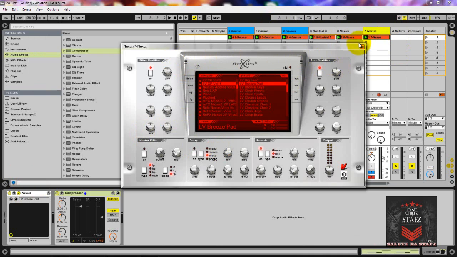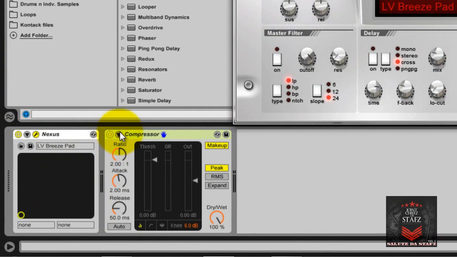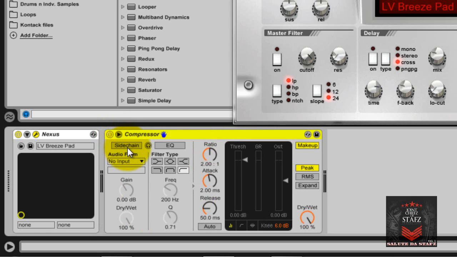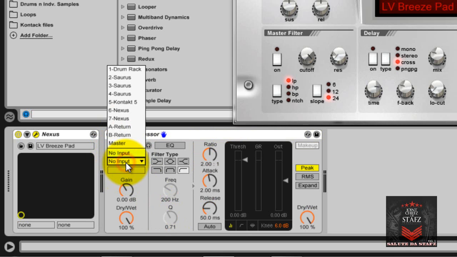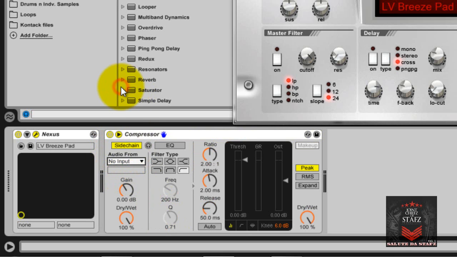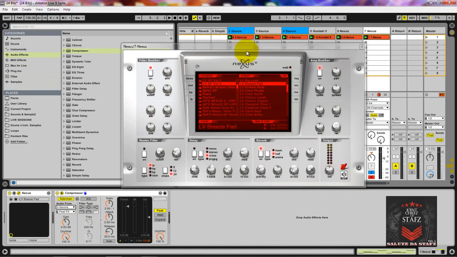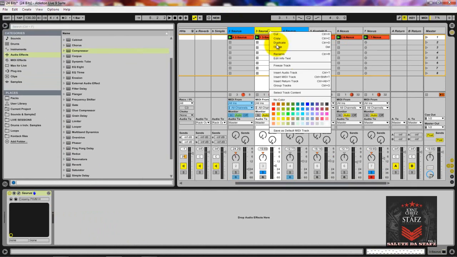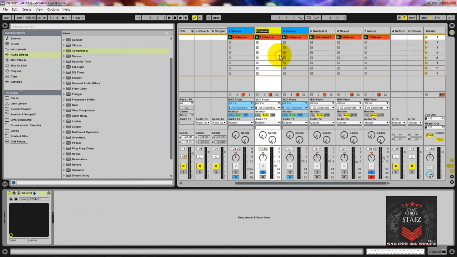What we want to do is hit that down arrow on the compressor like I showed you earlier. Go and enable sidechain, just press on that button. Where it says audio from, choose 3 Saurus. Now the cool thing about this is if you go back and rename 3 Saurus,